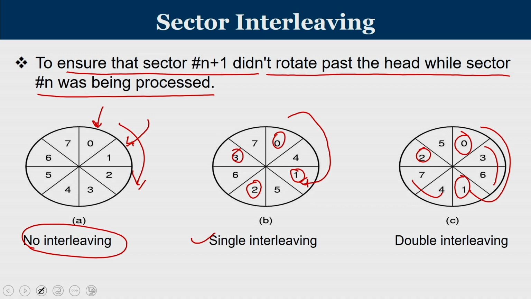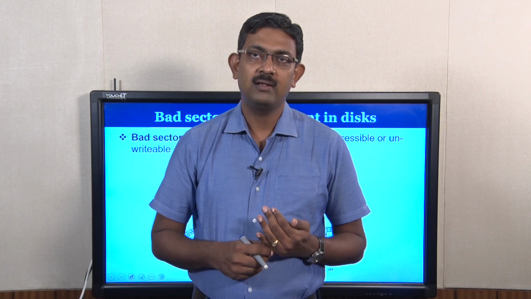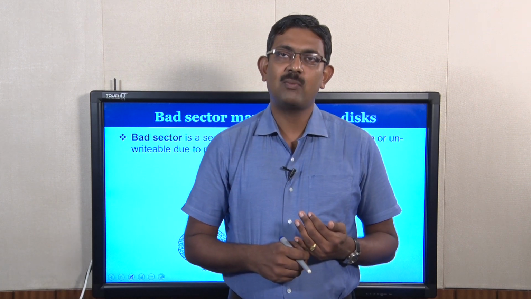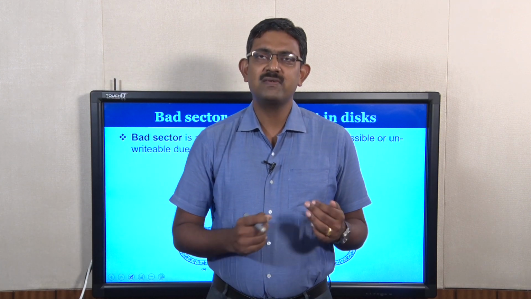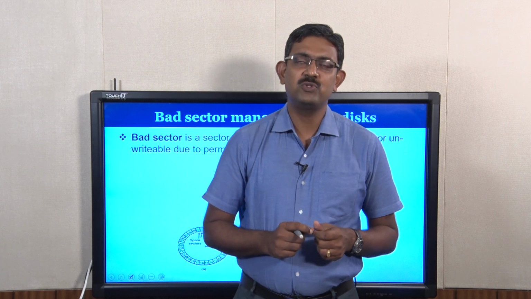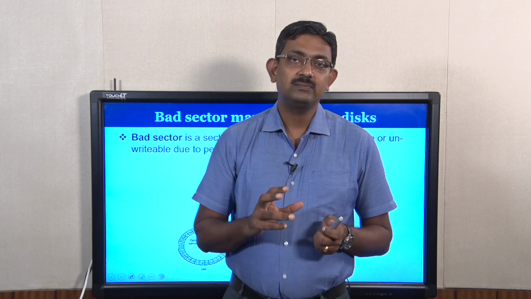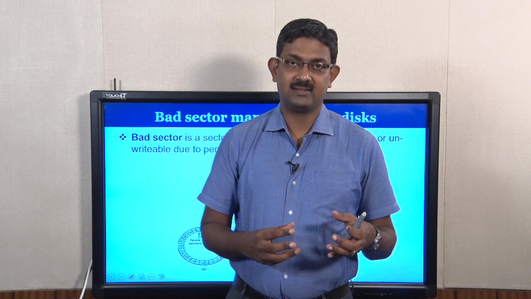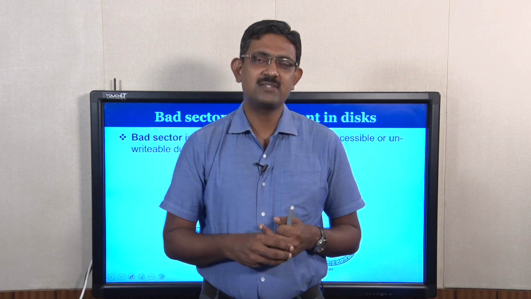And we know that these are all magnetic equipments and we are supplying voltages in order to read and write over it. There can be a possibility that some of these sectors will be damaged. Once you have certain sectors damaged, we call them bad sectors. There are utility softwares which will help us to find out which are the bad sectors. Now, how will we address bad sectors? Just because 1 or 2 sectors of a hard disk are bad, we need not discard it.